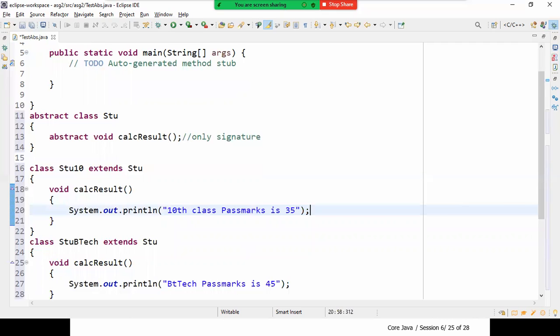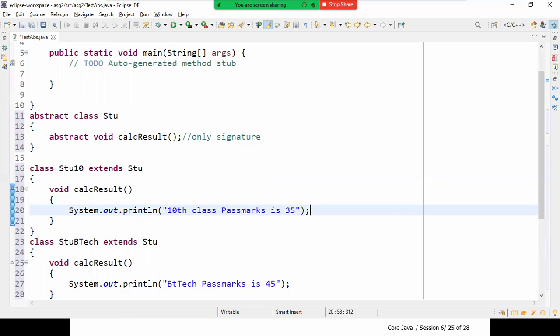Understood? This is the advantage of having abstract classes. When I'm defining the class as abstract, it becomes mandatory for the subclass to define the method. The method I'm defining is called calculate result.